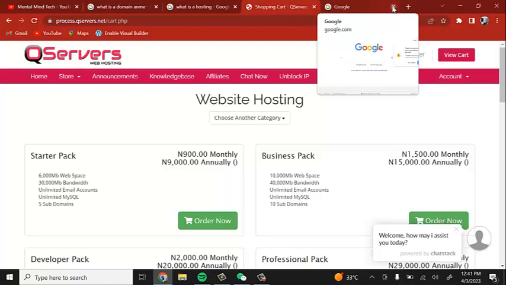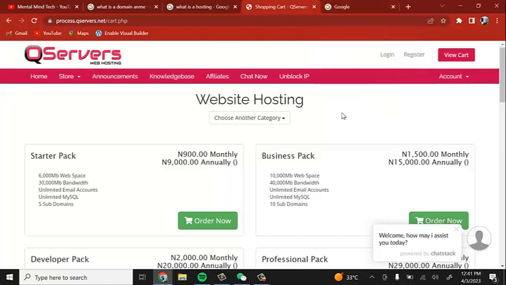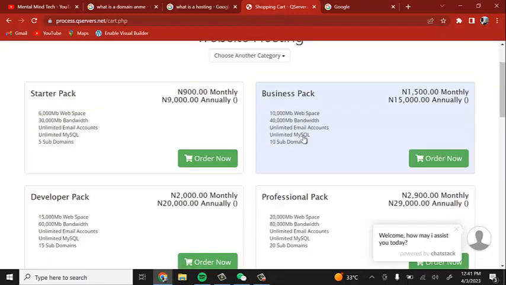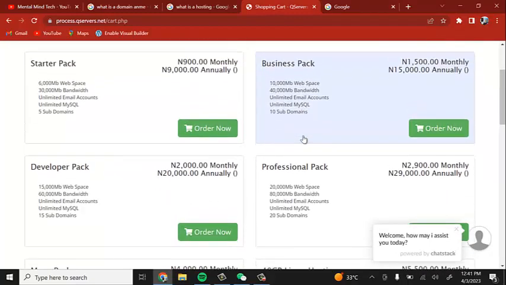The pricing of the 256 gigabyte might be 400,000 naira, and the pricing of the 13 128 gigabytes might be, let's say, 350 or 300,000 naira. Now, because of the specifications attached to these various phones, the pricing is always different. The same thing happens when you are purchasing a hosting plan.